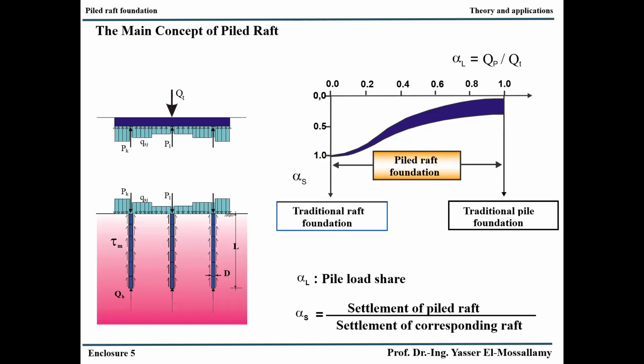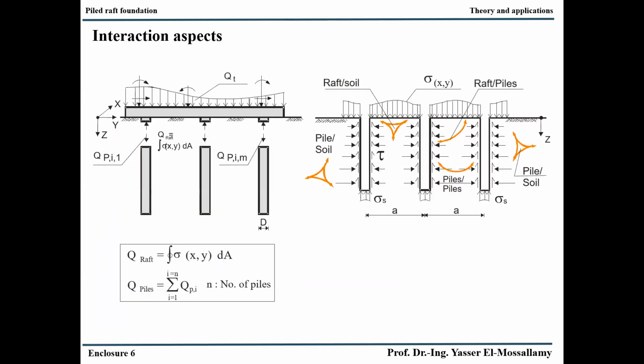Now we have more advanced technical software and constitutive laws to model the soil structure interaction and to calculate this part. Therefore, what we know now is not more than that we apply something which is already inherent in the system. We try to use the part that is taken directly by the raft. But why did we need such a long time